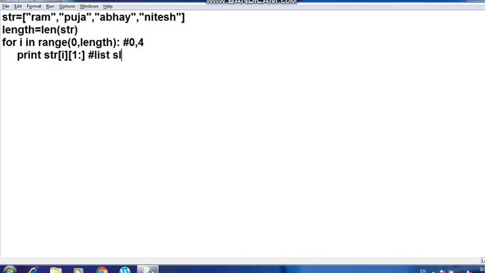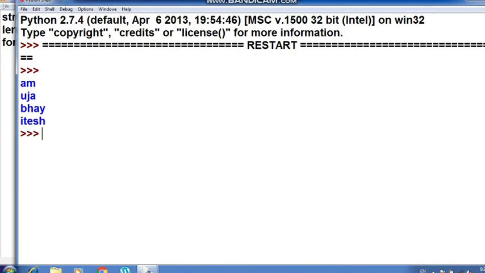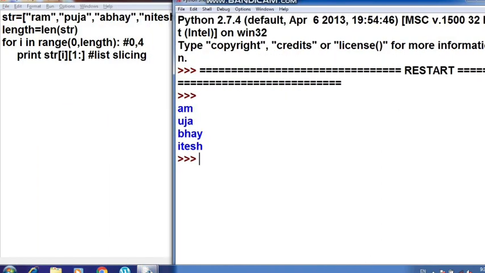I am using the list slicing method here. If I write 0 colon, the whole string will be printed, because in Ram the letters are stored in memory at 0, 1, 2. So if I write 1 colon, the 0th index value will be removed from every string. Alright, let us execute and then you will understand how it is printed.